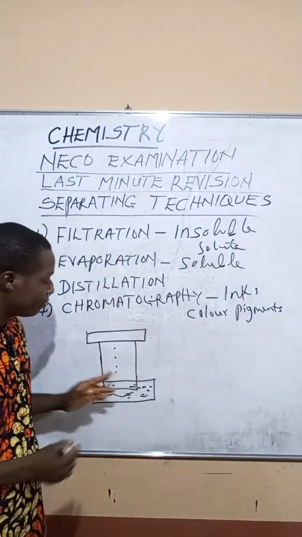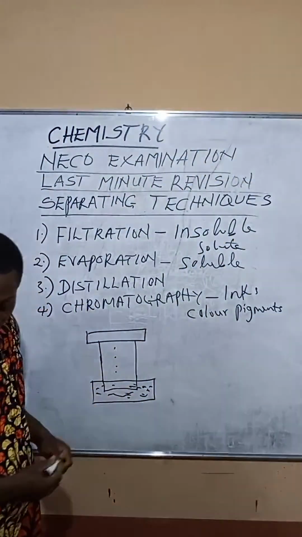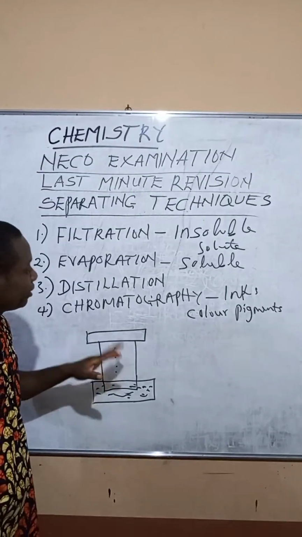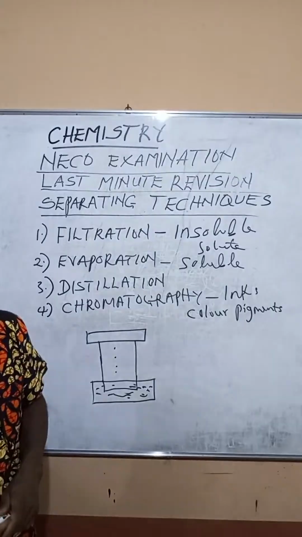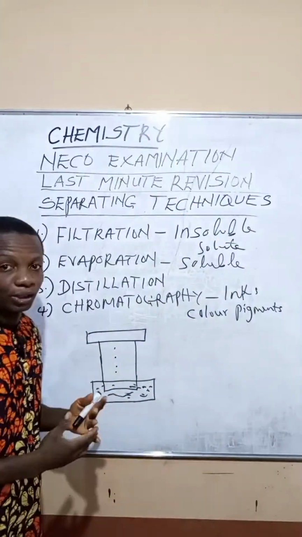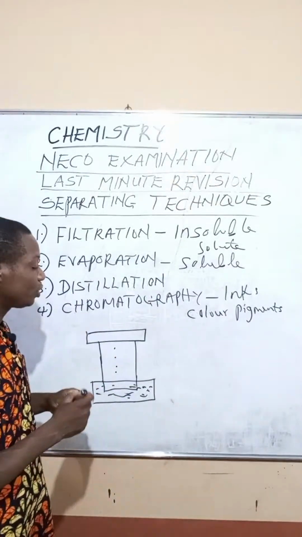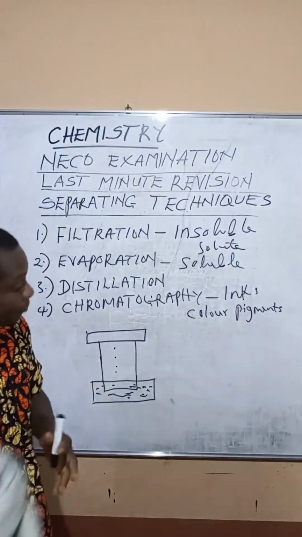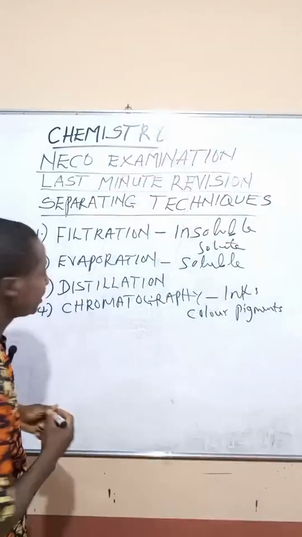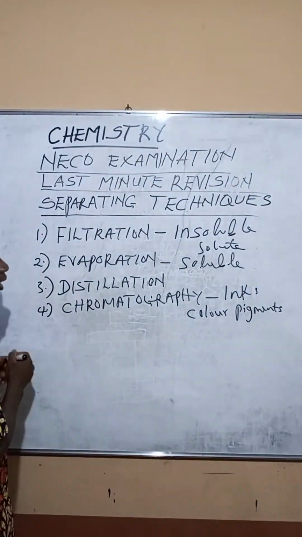This is paper chromatography. This is the paper, the absorbent medium. Right. So different ways in which this can be done. Please don't forget that this is very important. And many other types of separation. We have the magnetic separation. Okay, magnetic separation is used for separating magnetic materials from non-magnetic materials. Okay, then we also have